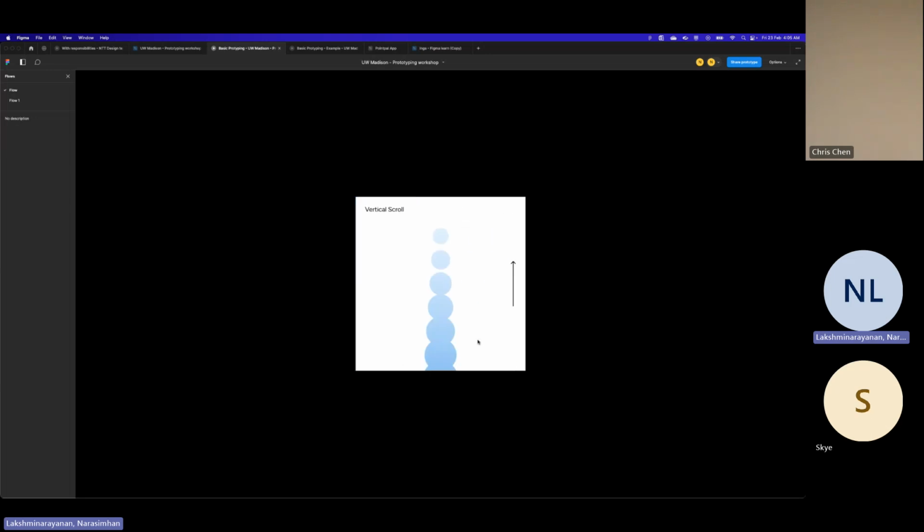So the next one is for vertical scroll. You can use your scroll bar or your mouse to scroll up and down for vertical scroll. And the next one is basically